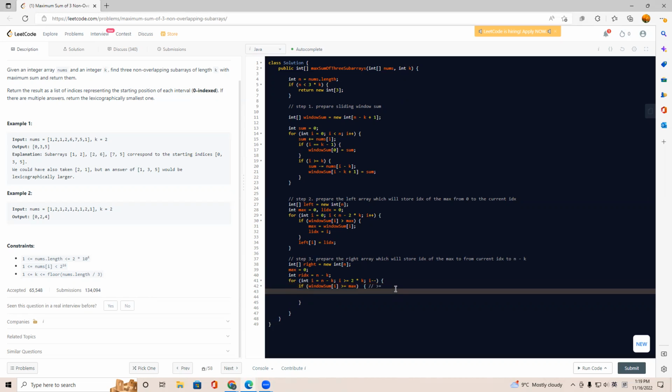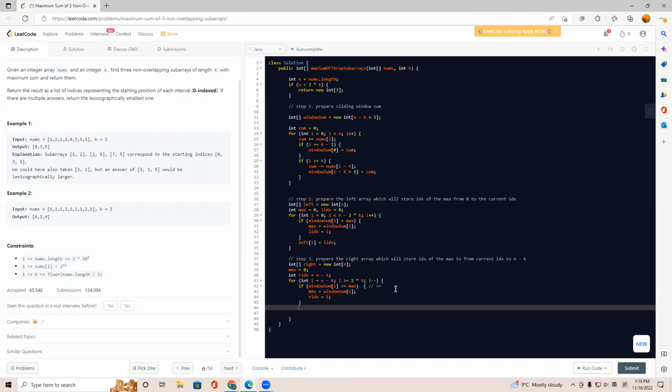The same thing: we update max equals window sum I and the right max equals sum and the right index equals I. We are going to have right I equals right index. So we prepare these three arrays, and